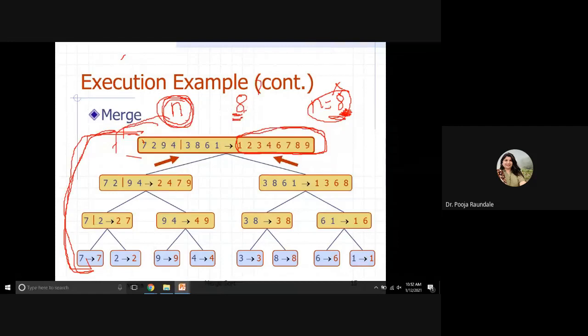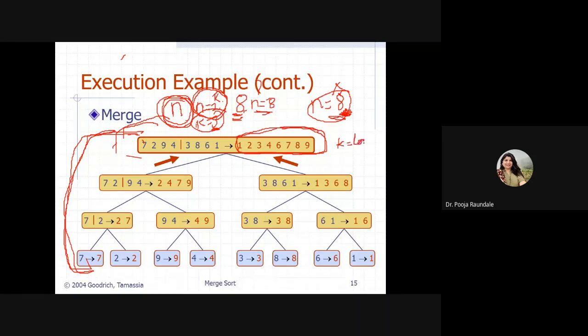So, if you have 8 elements, your n is equal to 8. I already have written in the previous slide that n is equal to 2 raised to k. And this k is equal to 3. So height of the tree is 3. So from that, you go back. And height is 3 for n is equal to 8. How do you calculate this? You have to find out a number k which gives you n is equal to 2 raised to k. So what is the number k? So k would be log n. Okay, so height of the tree is log n.